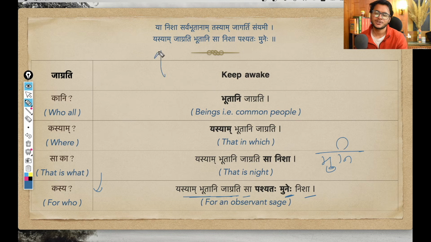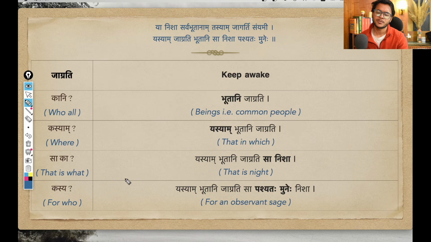Okay, so the language of this shloka is a bit poetic, where this nisha is very symbolic. And the perception of what is night is completely different for all the beings and all the realized souls, all the self-controlled persons, yogi, Muni. Because what is night for all the beings is where the Munis keep awake. And where all the beings keep awake, that is considered night by the Munis. Okay, so it is complete contrast. But anyways, we'll come to that. I hope the structure is clear so far.